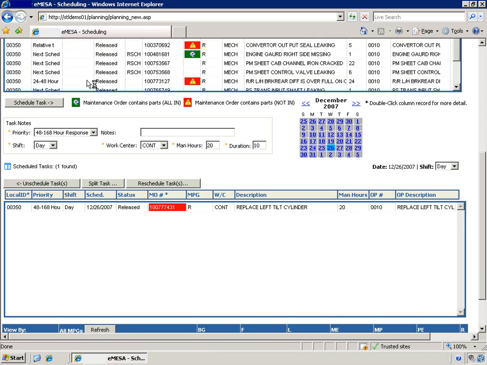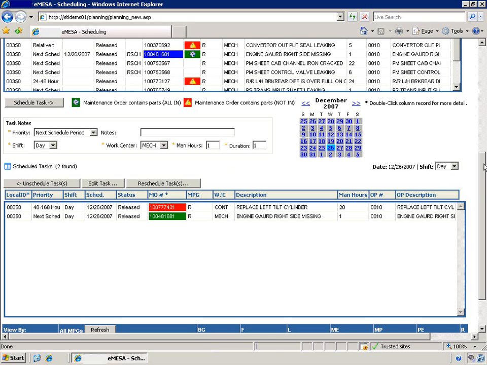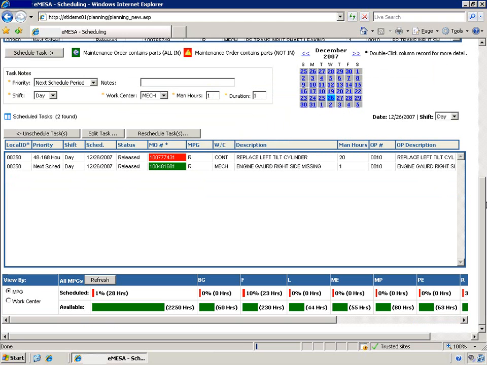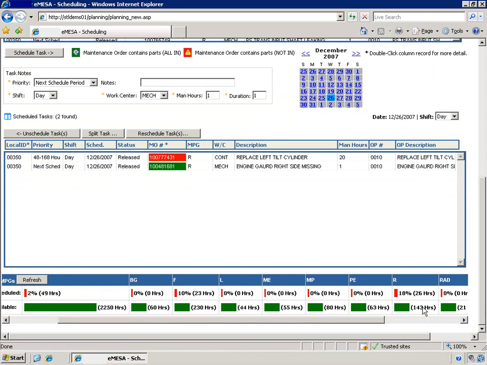To schedule the task, the user now selects Schedule Task. Once scheduled, the work order is then moved from the backlog to the scheduled task grid. This process is then repeated until the schedule is built as desired. If any tasks need to be split over numerous shifts, split tasks can be selected to split the hours over numerous days and shifts. As tasks are scheduled, you will notice the available resource graph at the bottom of the